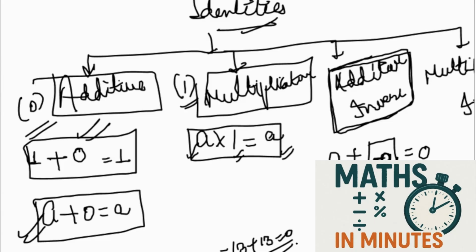Okay, moving on to multiplicative inverse. Multiplicative inverse says that what we can multiply to a number so the resultant is 1. So basically, if we multiply the reciprocal of that number, a into 1 upon a, you can see a and a will be cancelled, the resultant will be 1. Right? That means whenever the question says what we can multiply to a number so the resultant is 1, we will say,